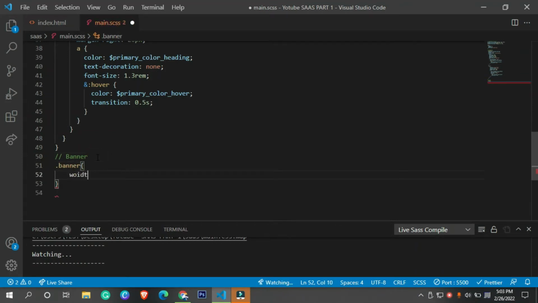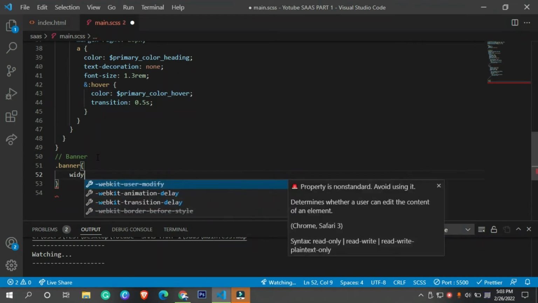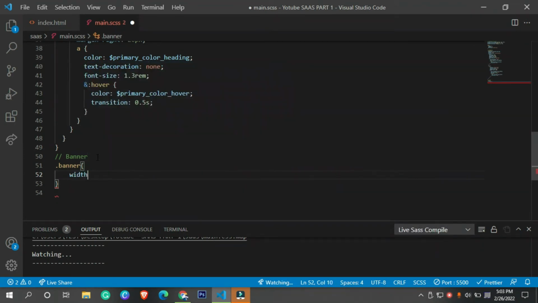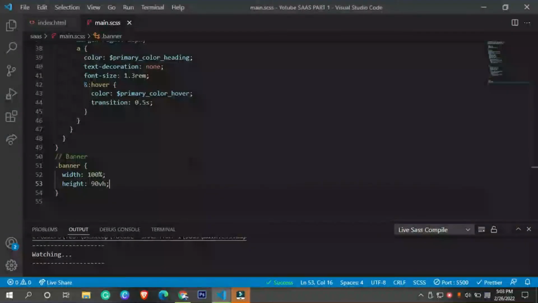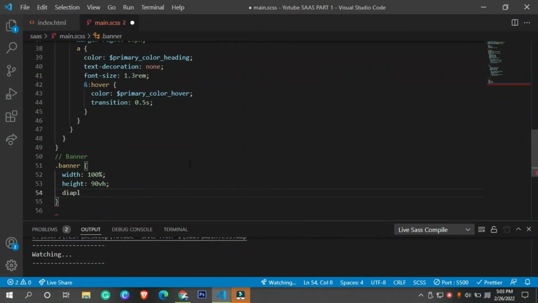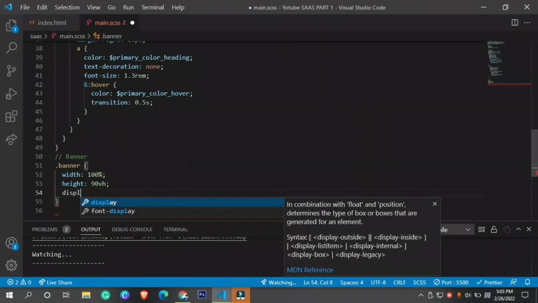So let's say I want a width, so width is 100%, and the height must be 90 vh. Basically why I'm having 90 vh is because I want my navigation bar and my banner to look good.